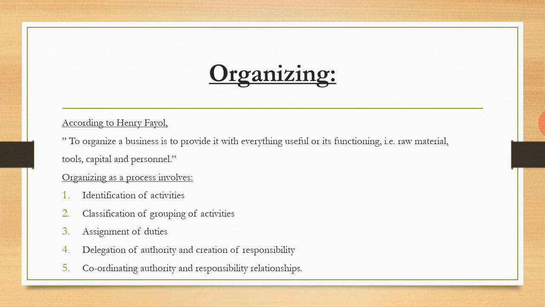Second is organizing. According to Henry Fayol, to organize a business is to provide it with everything useful for its functioning. That is raw material, tools, capital, and personnel. So, what we require in an organization: raw material, tools, capital, personnel. So, we have to organize everything after planning. So, after planning, we organize, and organizing as a process involves